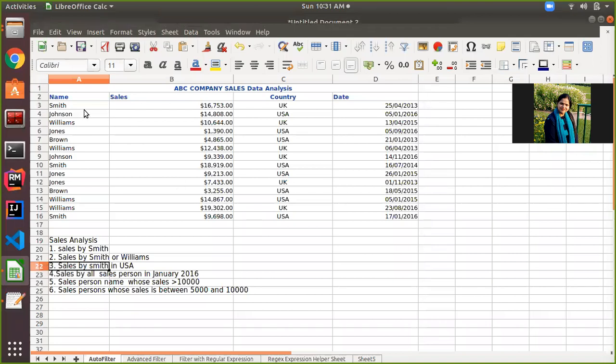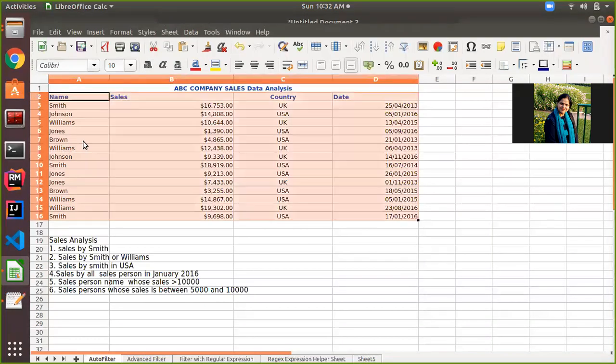Now for applying auto filter, first of all you select the data on which you want to apply filter. So first of all I will select the data. The shortcut key is Control Shift down arrow, then Control Shift right arrow.